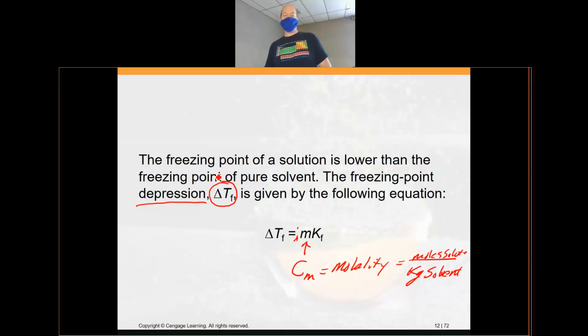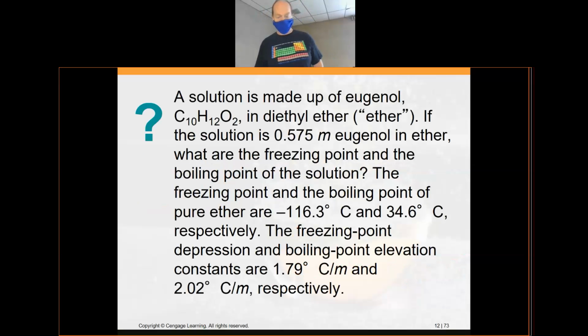So on the test, you're not going to see it written with an M. You're going to see it as C sub M. That's the same thing, just how you want to designate it. So C stands for concentration, little m, molality. If you just put an M there, some people might think that's a mass. It is not a mass, it is a molality. So we put C sub M. Not sure why they're not using that in that